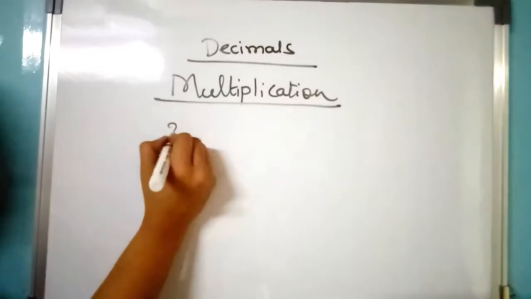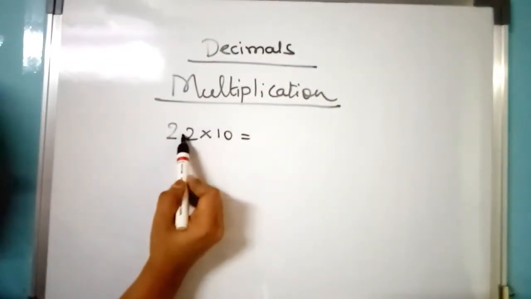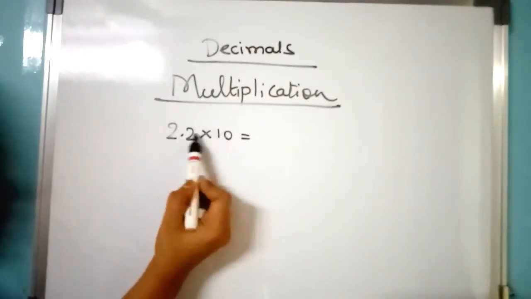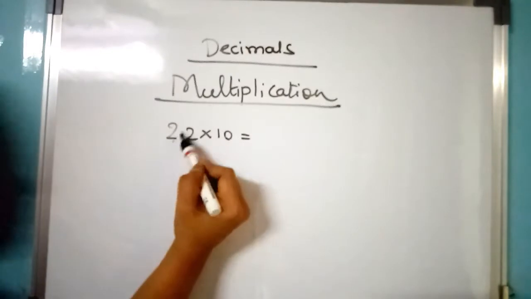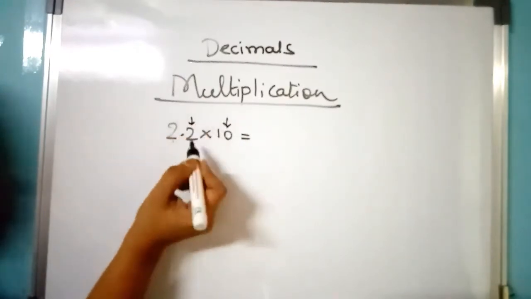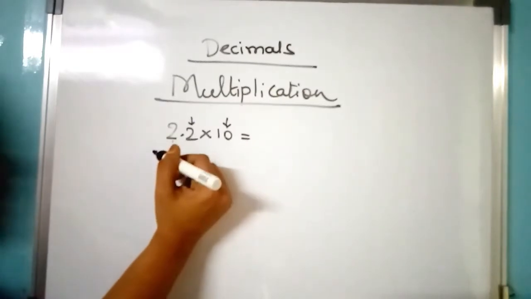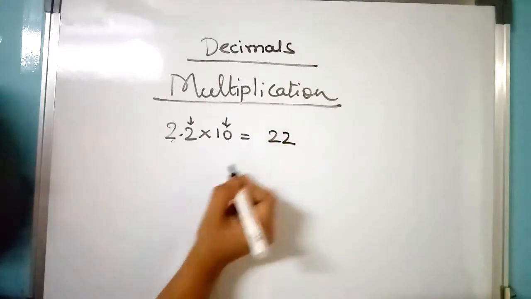Suppose I am multiplying 2.2 by 10, so it will give me this 2. Here multiplying by 10 means of course 10 twos are 20 in mind, so the number will exceed to 20. Using that property you can think like when there are zeros, how many zeros we have, those many decimal places we have to shift to the left. Okay, so 2.2 into 10 means 22.